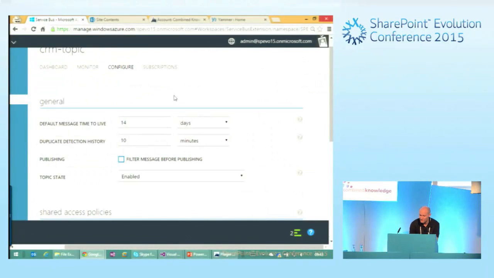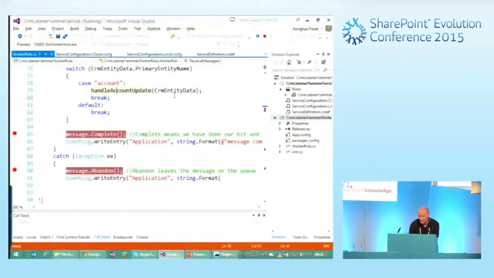You can actually have filtering within some of the topics and subscribers as well before it even hits this role here. So this is a role that you would normally publish to Azure because I don't want to be running Visual Studio to pick up those messages most of the time. So what you'd end up doing is you would publish this to